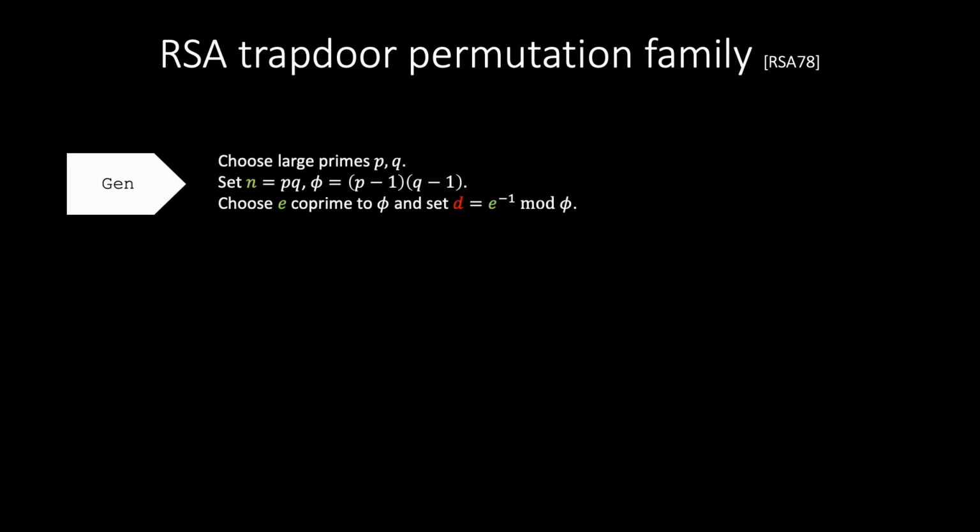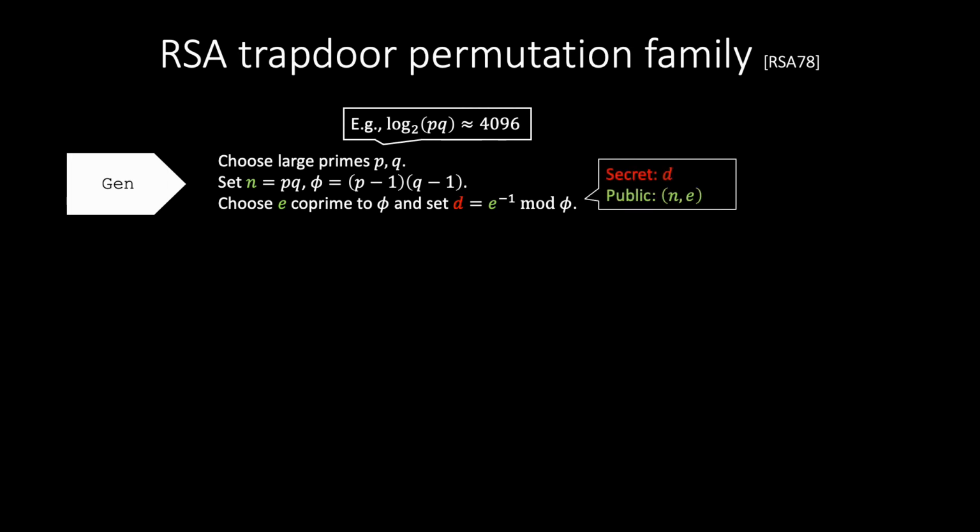For sampling a trapdoor permutation instance, first choose two large prime numbers, p and q, for example of size 2048-bit. Then, define n as the product of p and q, and phi as the product of p-1 and q-1. Now, choose a value, e, that is co-prime to phi and compute d as the inverse of e modulo phi. The value d will be used as the trapdoor secret, and n and e will be the public information defining